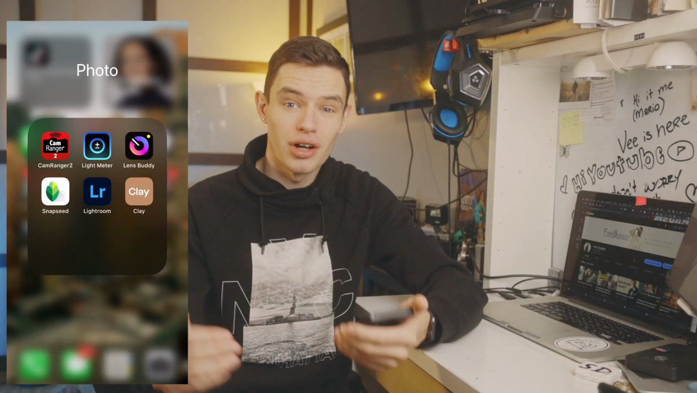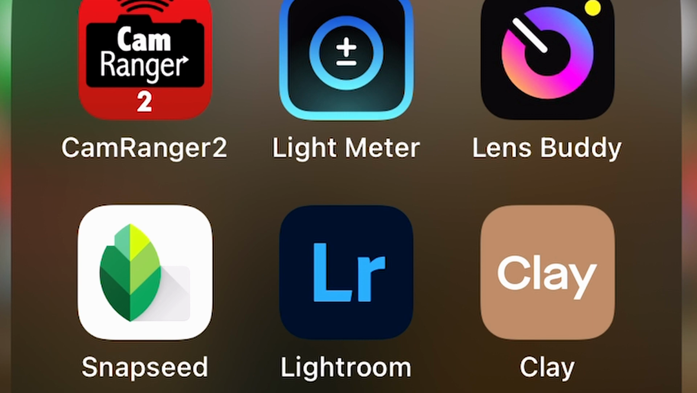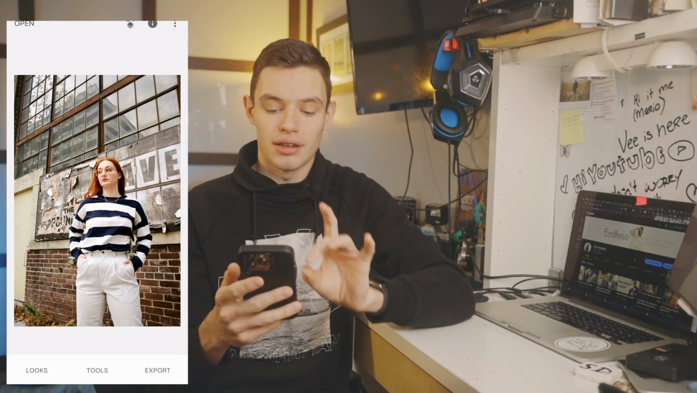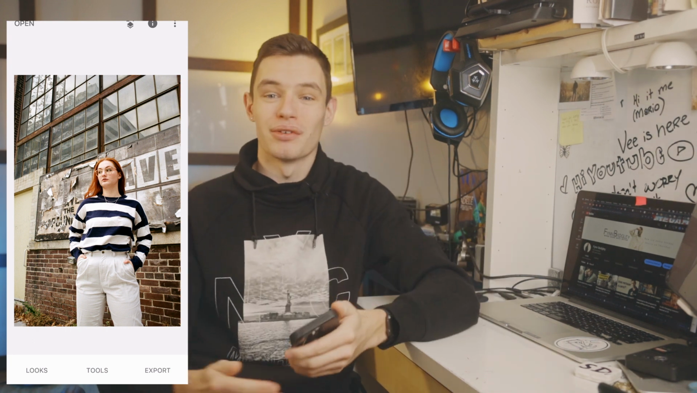Now, if we want to do a little bit more intensive editing, we'll open up my photos folder. The top row is what I use when I'm actually taking photos. The bottom row is what I use for when I'm editing. So we'll start off in Snapseed, and I've already imported this photo taken on 35mm film of my beautiful girlfriend,